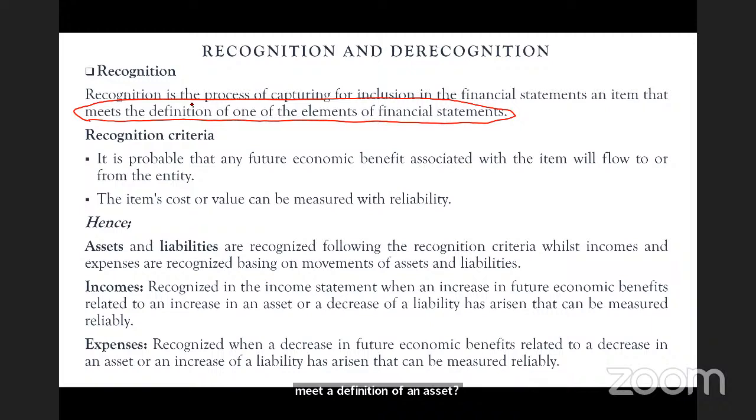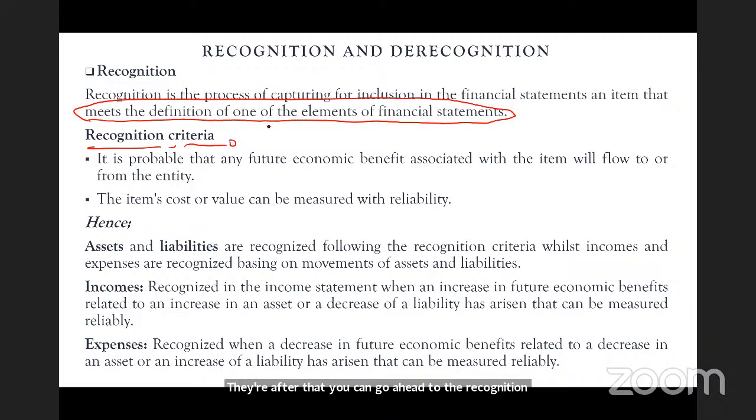I don't want to be caught in a scenario where I get an expense and I call it an asset. So you need to first make sure that the item meets the definition of one of the elements in the financial statements. Then after that, you can go ahead to the recognition criteria,